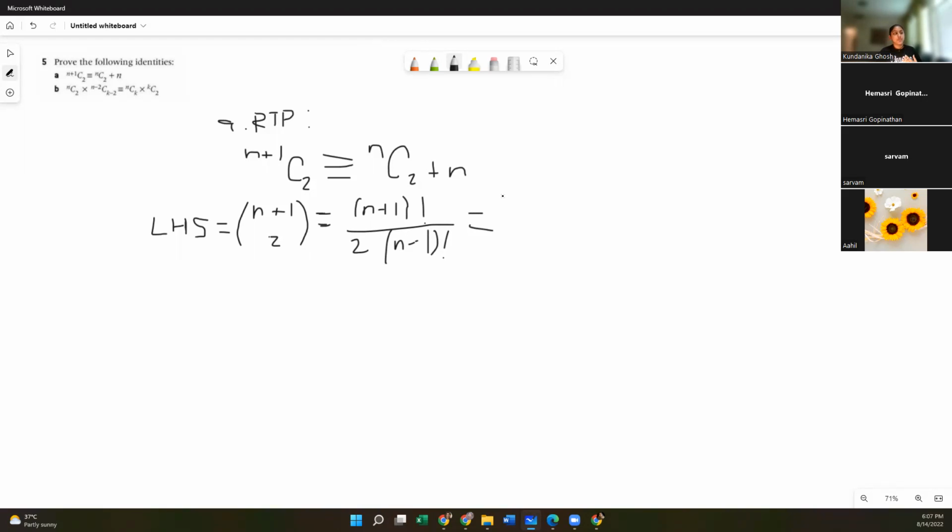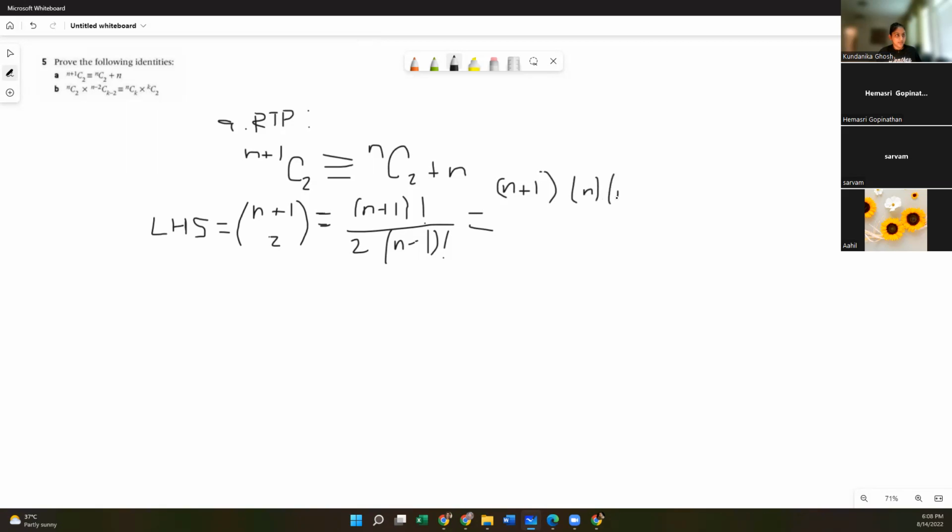Well, remember what we established in one of our earlier classes: something factorial you can say is, for example, n factorial is n times n minus 1 factorial. Or you can write it as n times n minus 1 times n minus 2 factorial. You can just keep going. It's always going to be a times a minus 1 times a minus 2 and so on. Good? So what I want to rewrite this as is actually n plus 1 times n